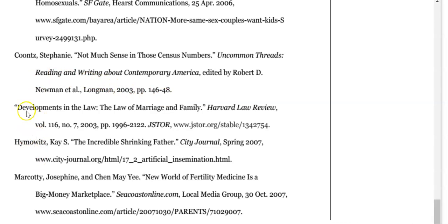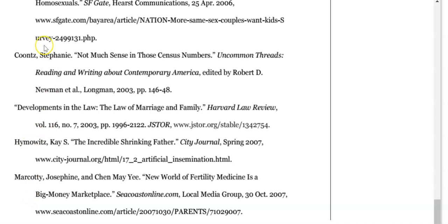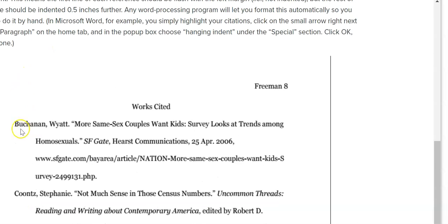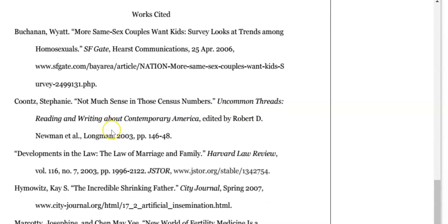And if there's no author, you use the title of the article that you found, listed instead of an author's name. But all the information other than that is available there. You're just going in alphabetical order, and everything is double spaced. So that's basically what your works cited will look like.